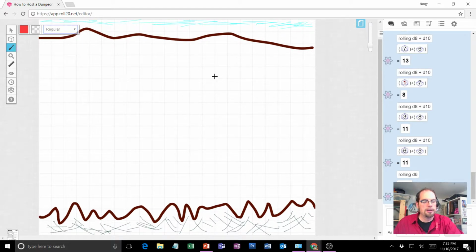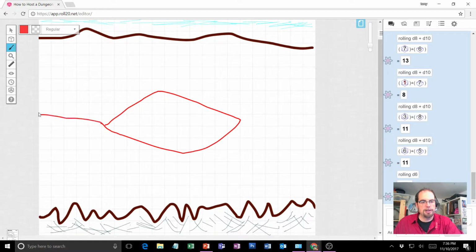Okay. I'm going to make the dividing lines regular. I'm going to do something a little different with this one. This configuration is not in the book. But I'm going to kind of do